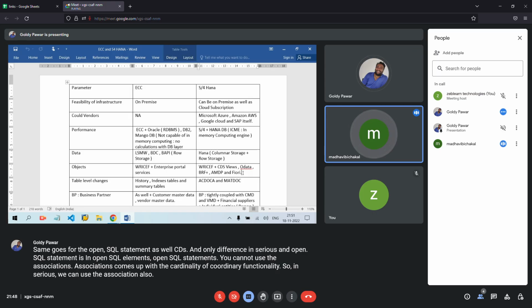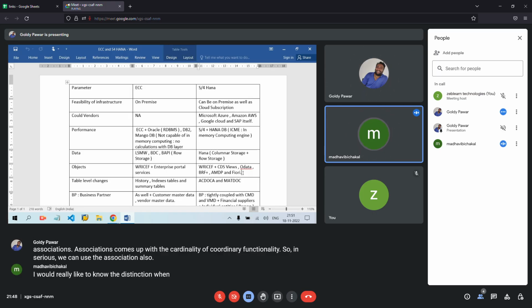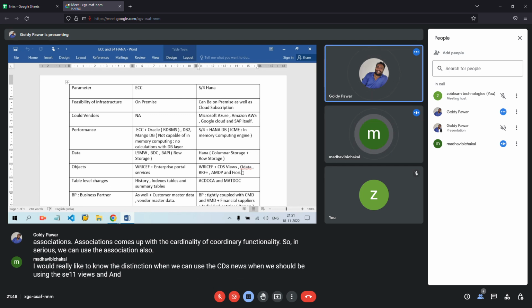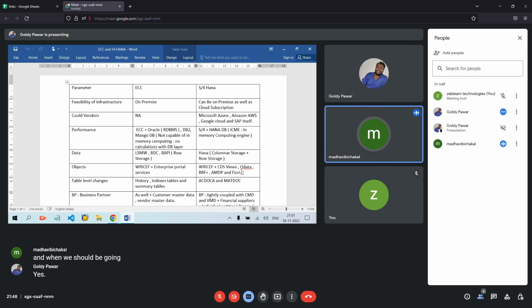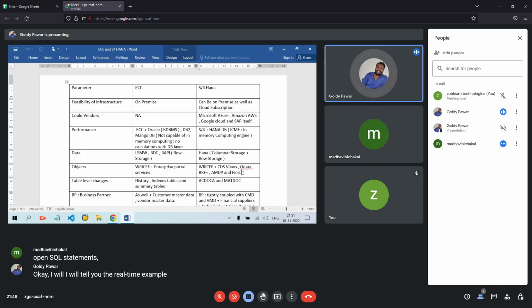I would really like to know the distinction: when can we use the CDS views, when should we be using the SE11 views, I mean the traditional views, and when should we be going ahead with Open SQL statements? Okay, I will tell you a real-time example that I discovered. In SC38, if you write a single line of code, a select single statement with two joins, the CDS is much faster in comparison to AMDP